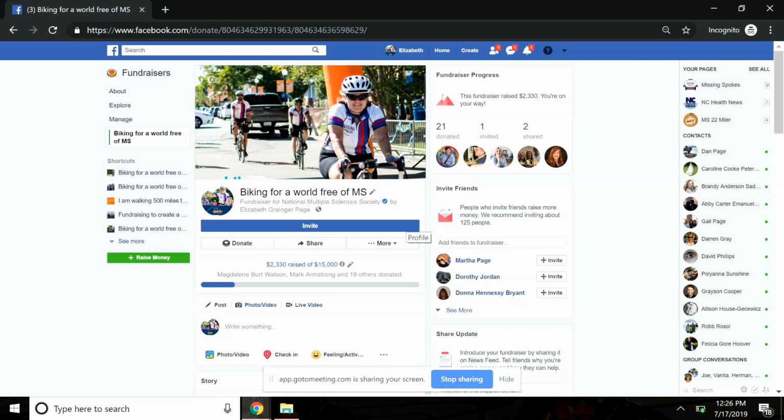The full amount of the donation goes to the MS Society, and the MS Society processes that donation exactly the same way they would if the donation was made directly to them on the Bike MS participant portal. So you don't need to worry about additional funds being directed away from our mission because the donation was made on Facebook.